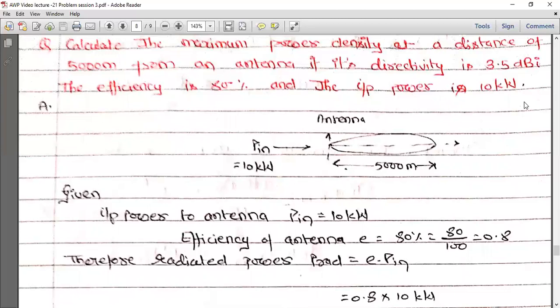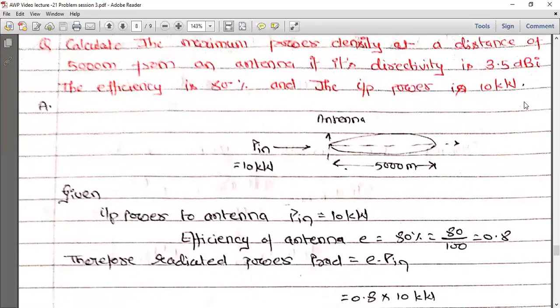One more thing important here. As we have derived, directivity is a function of direction. In different directions, you get different directivity. So generally, it should be given as a function of direction. But in this particular case, it is not so. Directivity is not given as a function of theta, phi, or anything. It is just given as a value.